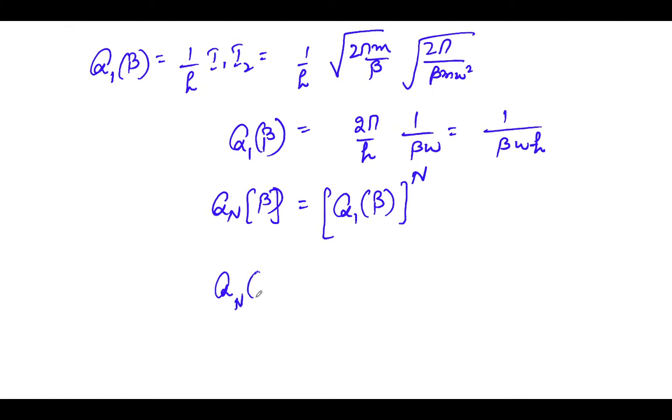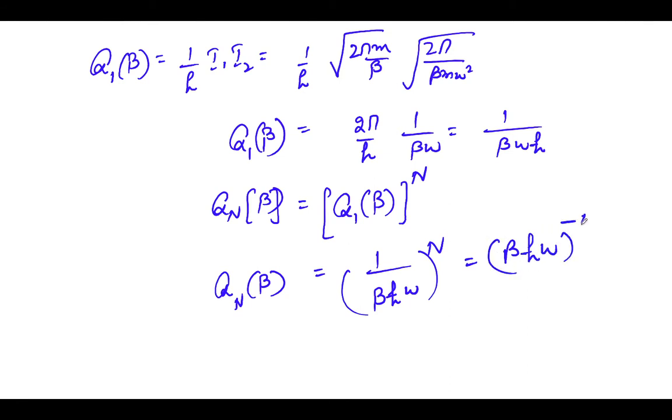So the partition function for n harmonic oscillators comes out to be beta h bar omega raised to power minus n. Once we find out the value of the partition function, from that we can find out the thermodynamic properties